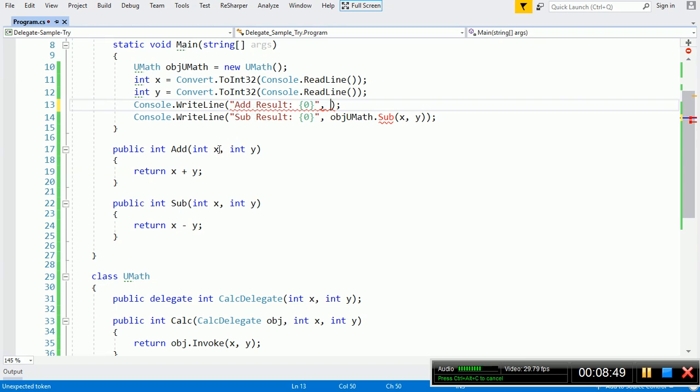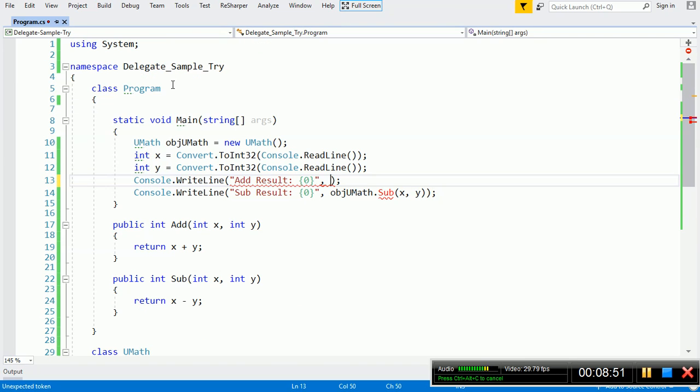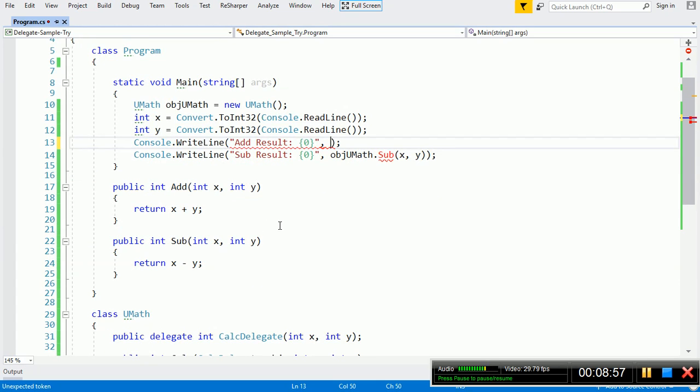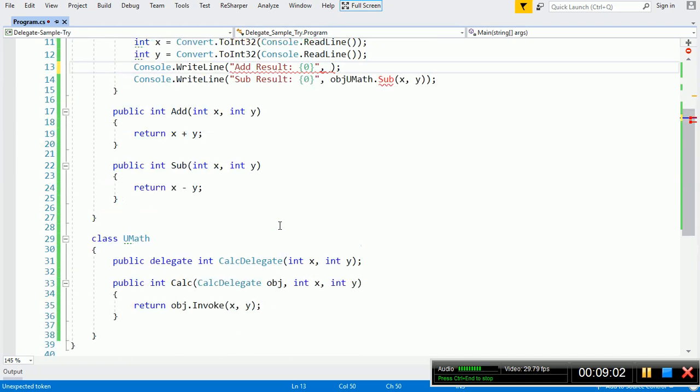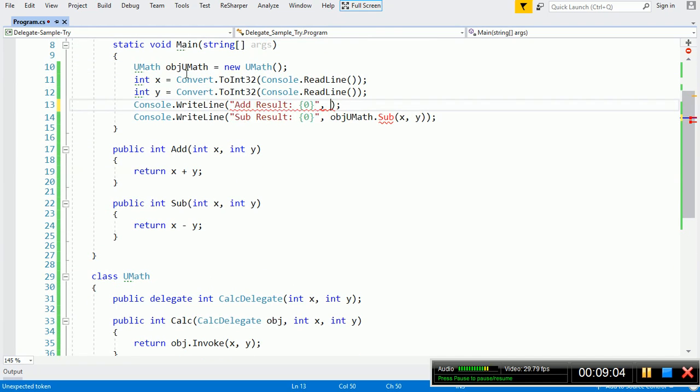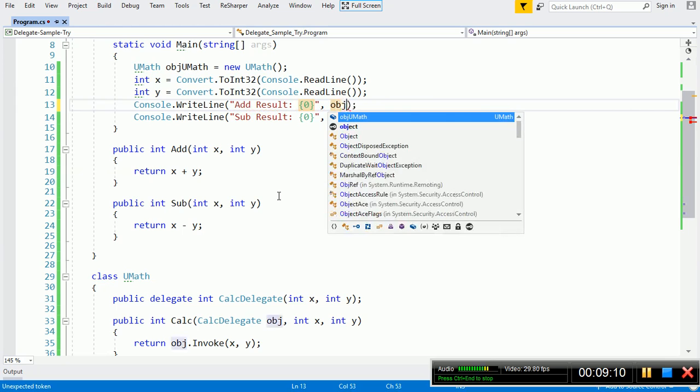How can we call this add function? By creating an object for this program class, we can directly call this add function, but through delegates, how can we call this add function? For that, we have already created an object for this umath class.